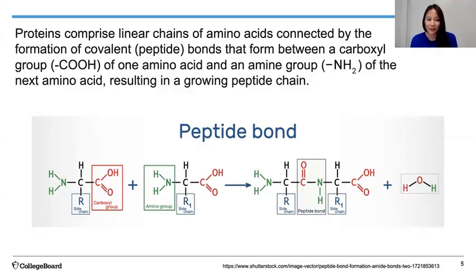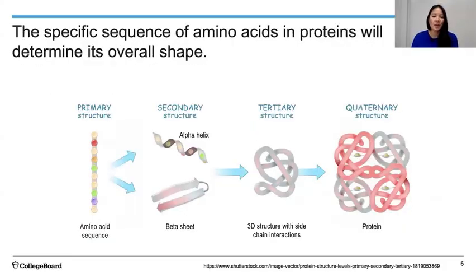In the right green, we have that amino group. Together, they're going to lose that water through dehydration synthesis. So as that water is removed, we can join the two amino acids together and make that peptide covalent bond to form that growing peptide chain. So now that we have that growing peptide chain, that specific sequence of amino acids and proteins will determine its